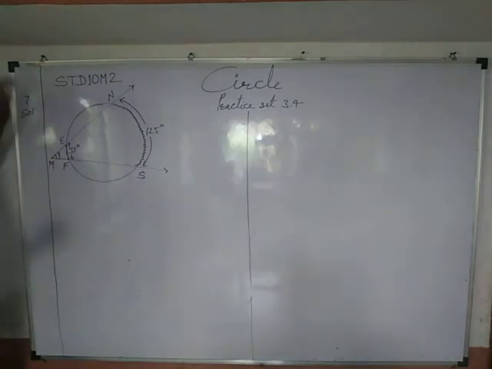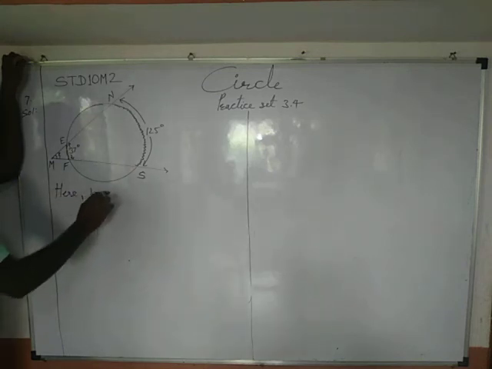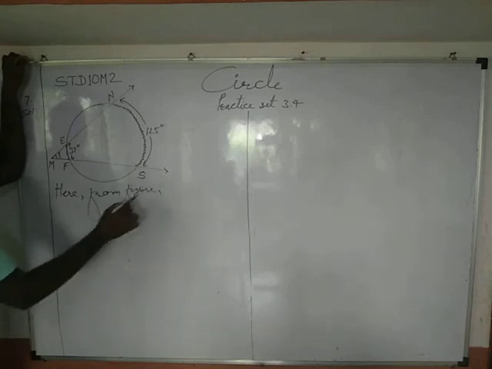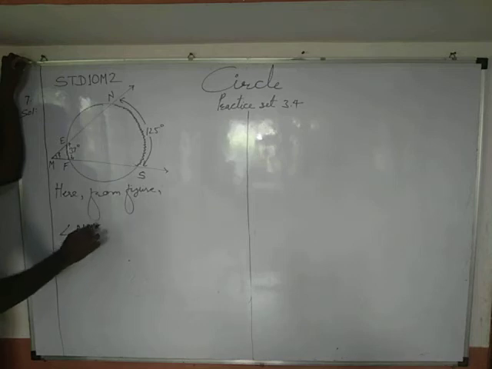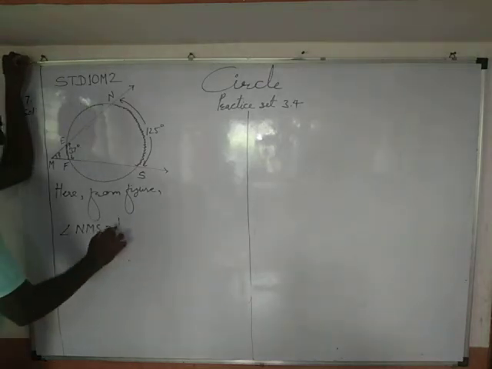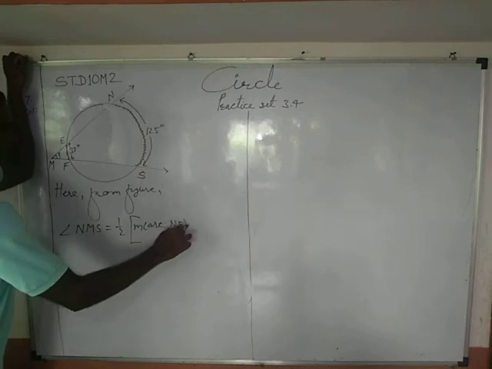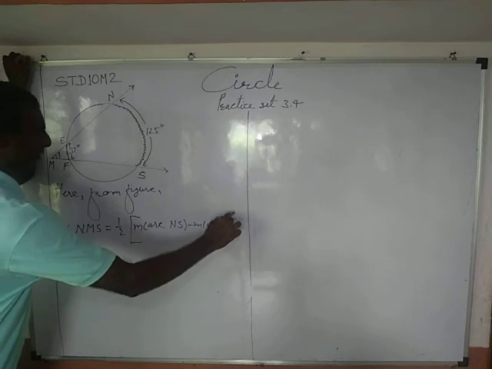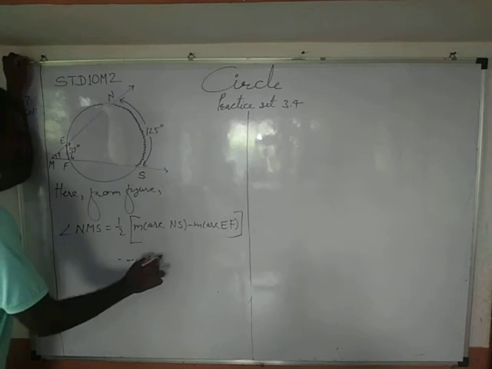Okay, let's mention directly here. From figure, angle NMS equals half of, in a box bracket, measure of arc NS minus measure of arc EF, bracket closed,